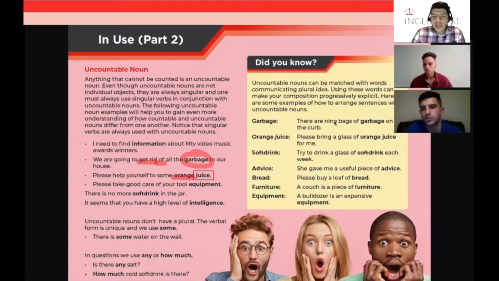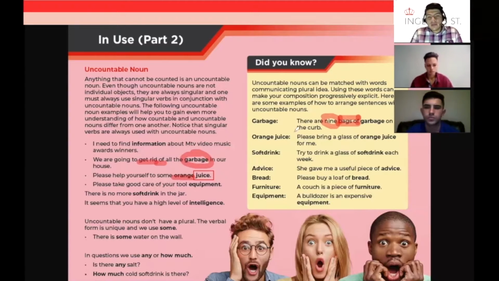Decimos, there are 9 bags of garbage in the curb. Al decir bags of, ok, le estamos dando una posibilidad de hacerlo contable. Y aquí tenemos algo contable, 9, ¿ok? There are 9 bags of garbage. En este caso, obviamente estamos hablando que el sujeto o de lo que se está describiendo es bags of. Y garbage realmente solo es el contenido de esto, pero no es lo relevante, entonces sí se puede volver contable.